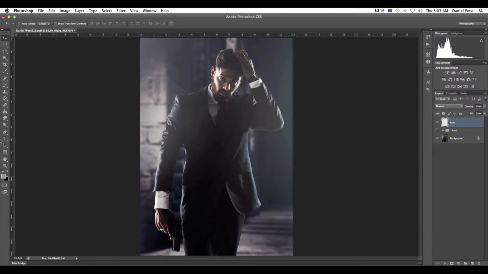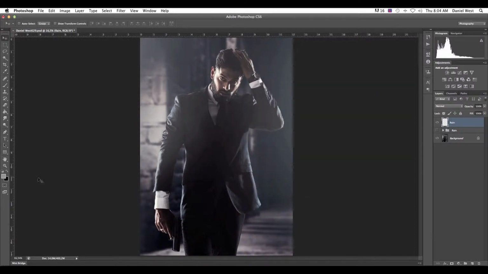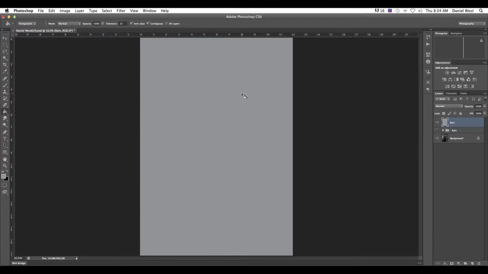Say okay. Now inside of here on our foreground, we are going to create a 50% gray. So you want everything to be 0, 0, 0, and the K to be 50%. Or you can actually copy this: 929496. Alright, and we say okay. So what we're going to do is use the fill, the paint bucket, and we're just going to click on it with opacity of 100. And we've got a completely 50% gray